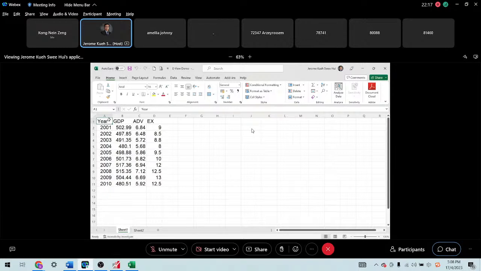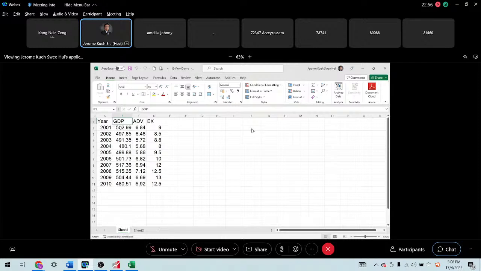For example, this is the time series analysis. This is how it should be set up, with the year in the first column, followed by the variables that you want to include in the models. So year from 2000 to 2010, and normally the second column will represent the dependent variable. I think it's good that you follow the dependent variable with the independent variables, so that you don't get confused with the setup of the model's specifications later on.